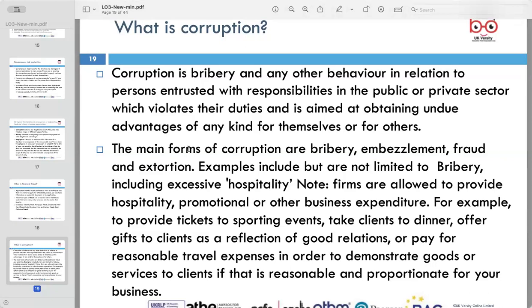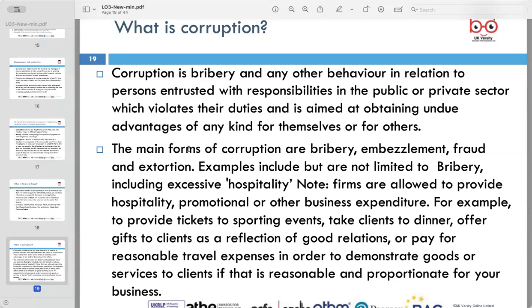So bribery involves offering or accepting undue advantages or influence over actions or decisions, which violates the individual's duty and integrity. So, for example, bribery, fraud, and extortion. Bribery may manifest in various forms such as excessive hospitality, facilitation payments, and payments to political